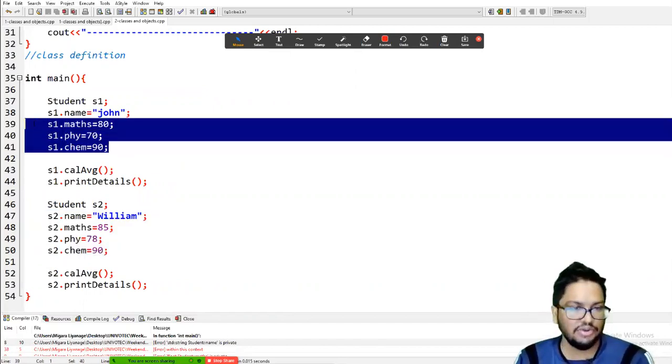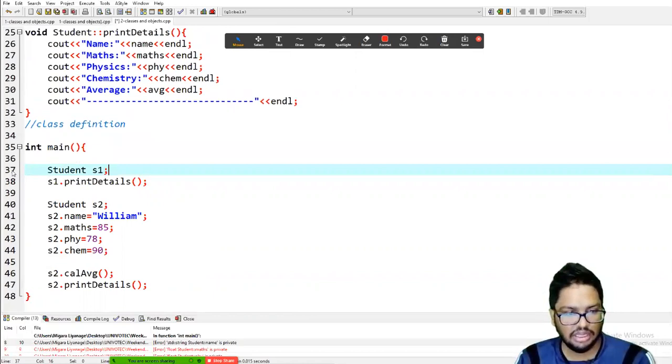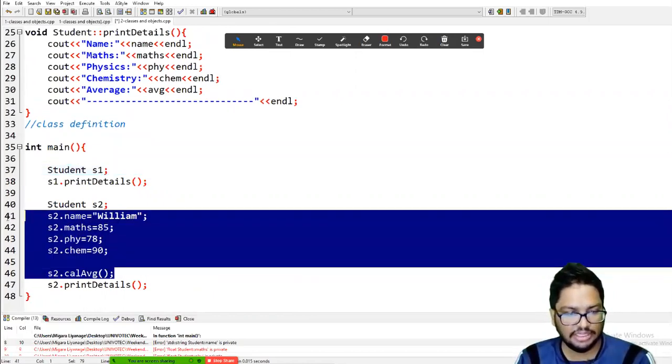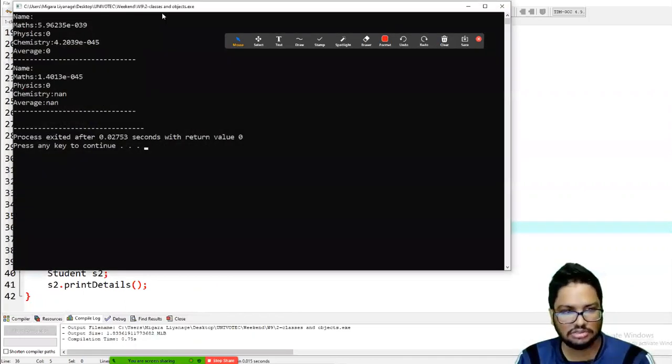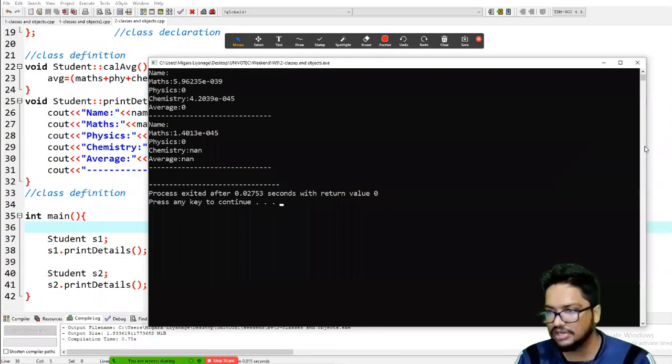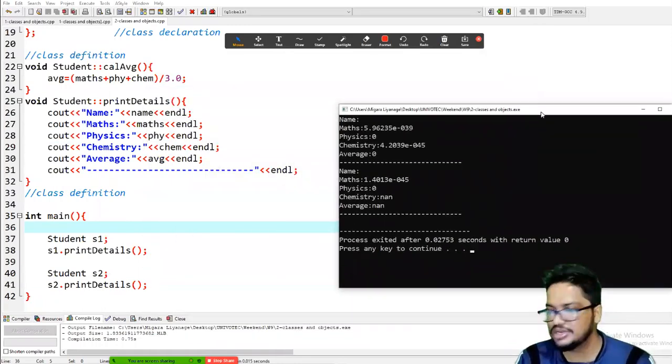But still you can call the methods, right? So the methods will work, and since the values are not passed, you will see some dummy values.